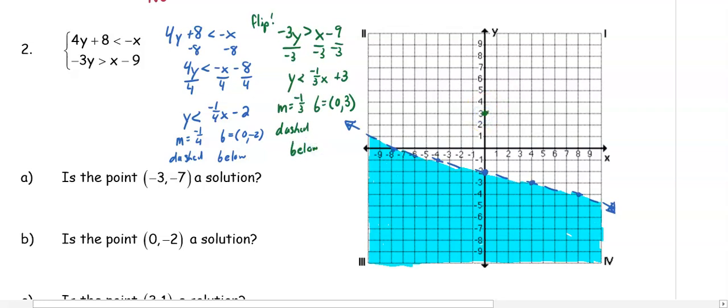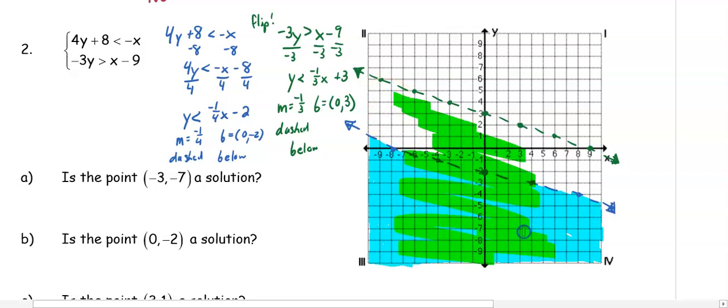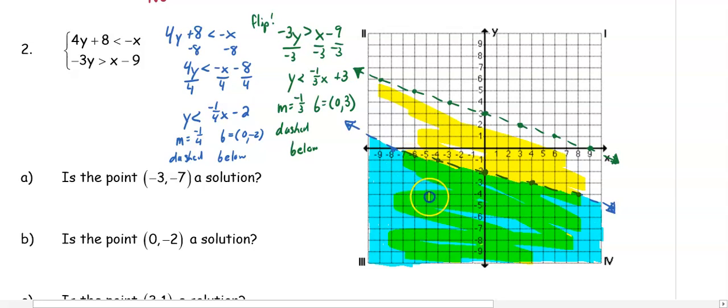So we're going to start at 3 on the y-axis. We're going to go down 1, right 3 across our graph. We're also going to go up 1, left 3 across our graph. And we can have a dashed line. And then we are going to shade below our line. And again, where it starts to turn green, we see that that overlaps, and that is where our solutions will